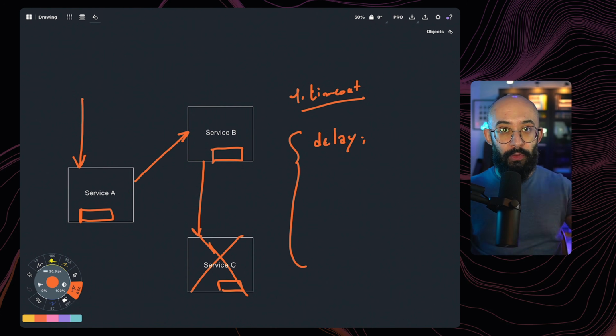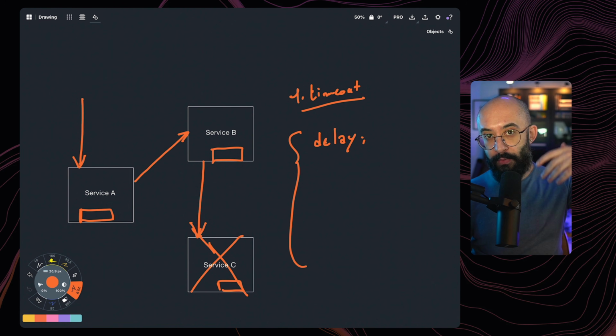Obviously, you don't want to immediately retry with the most basic trivial way, which is to implement a for loop and retry 5 times. That's obviously not what we want to do, because these retries will happen very quickly, one after the other, and it's not going to give any time for service C to recover. So what we want to do is to implement an initial delay. That initial delay is just a constant.